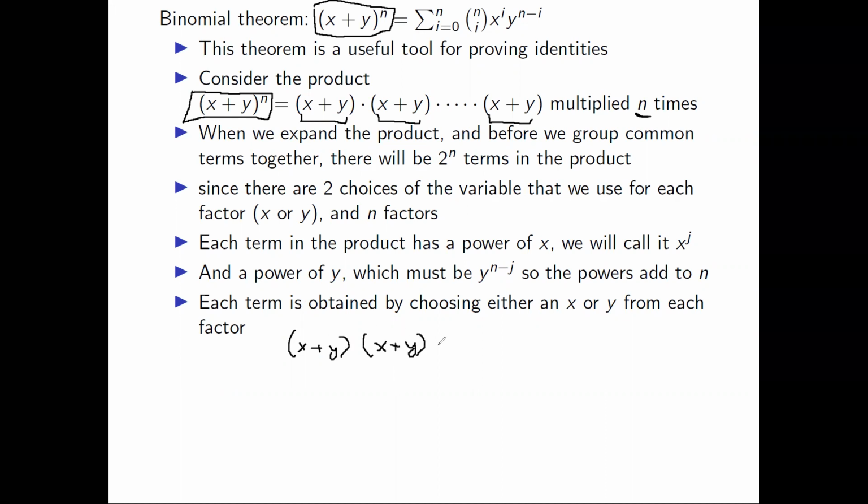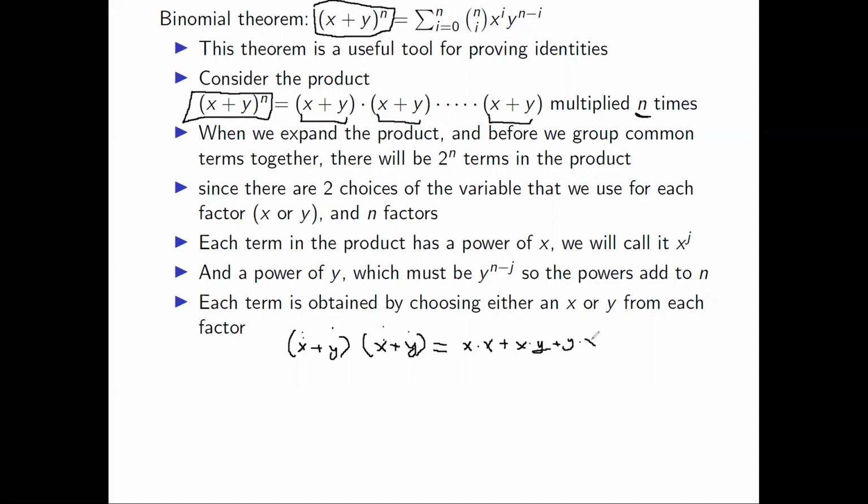Each term, when we expand this product out, is obtained by choosing x or y from each of these factors. So if we choose the x and the x, we get an x times x. If we choose the x from the first factor and the y from the second factor, we get an x times y. If we choose the y from the first factor and the x from the second factor, we get a